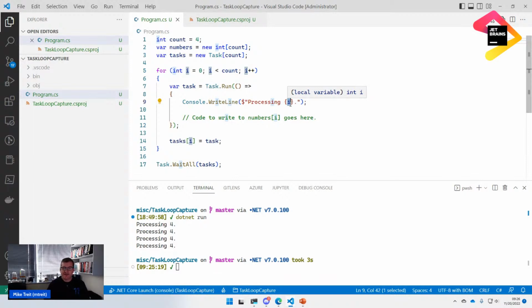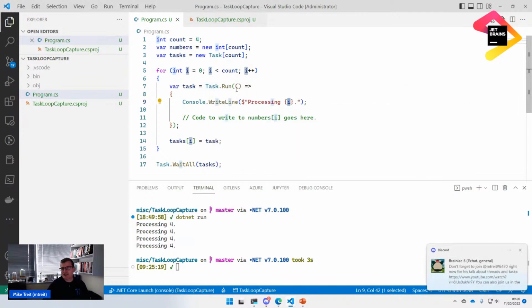And what is a variable? A variable is essentially a named memory location. You can think of it as just an address that has a name. Each one of these tasks is essentially given the same address, and this loop is just continually overriding the value in that address. When this loop finishes, which it will do quite quickly, and by the time the task scheduler actually schedules the task to run,